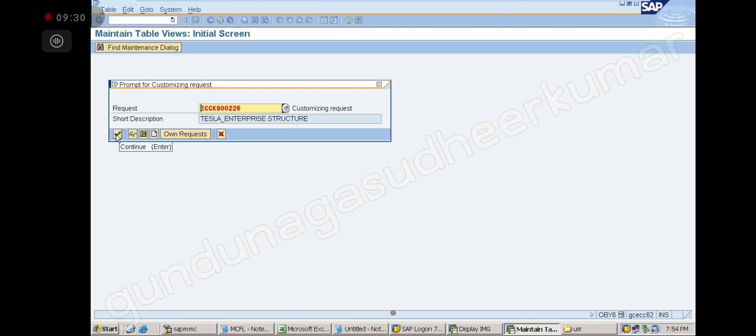IT team only. In the IT team, who is there? FICO consultant, ABAP and FICO, MM consultant, SD consultant, other module consultants. And basis people also, correct?